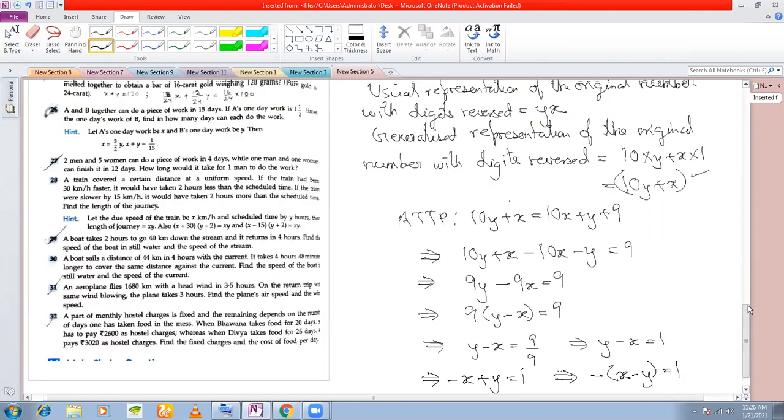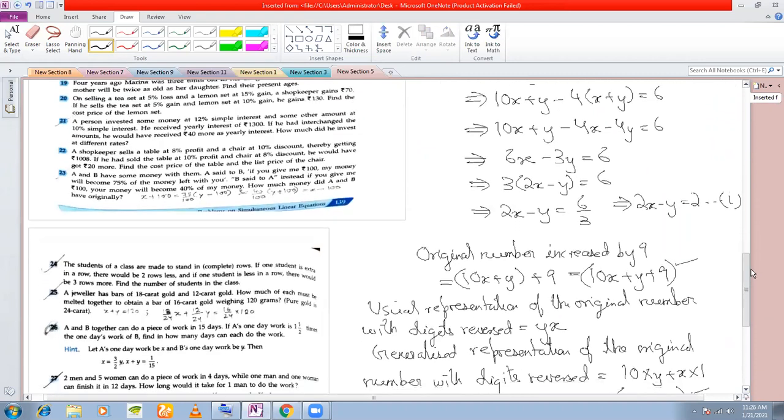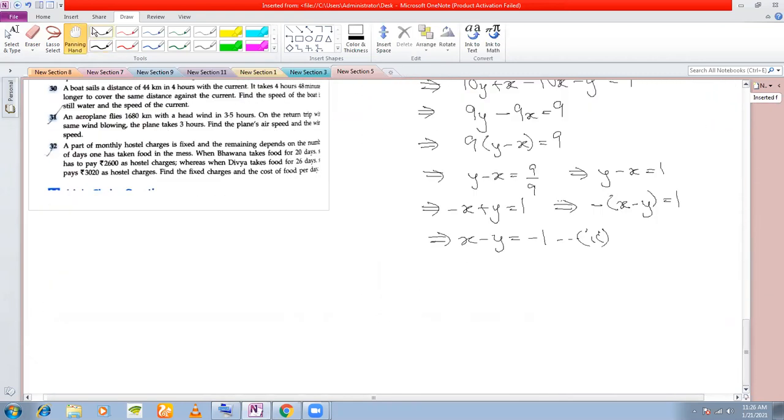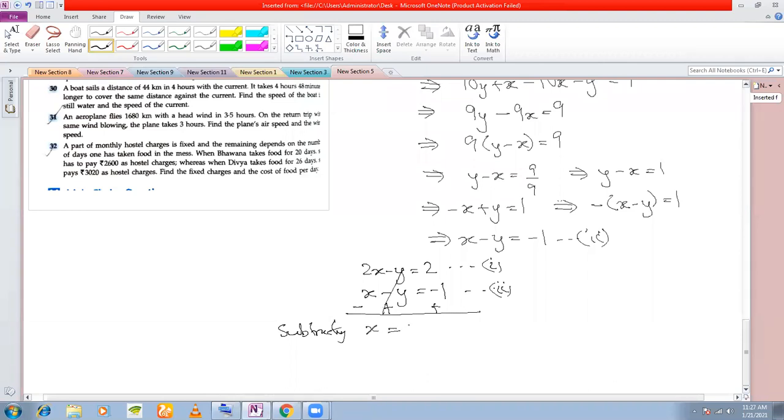So you have the first equation and the second. Let us write one below the other. 2x minus y is equal to 2, and the second equation is x minus y is equal to minus 1. It looks like the elimination method will be easier to solve. So what you do here is you subtract the two equations, because only then y will cancel. The sign will change if you subtract. Subtracting, you get 2x minus x. This one cancels. You get 2 plus 1, which is equal to 3. You're getting x is equal to 3.